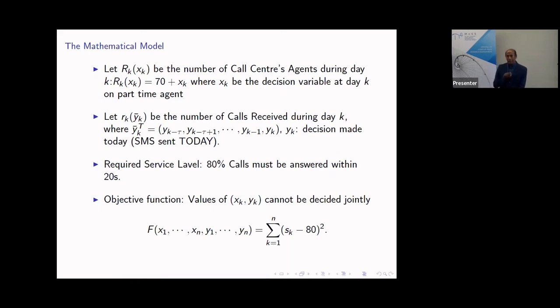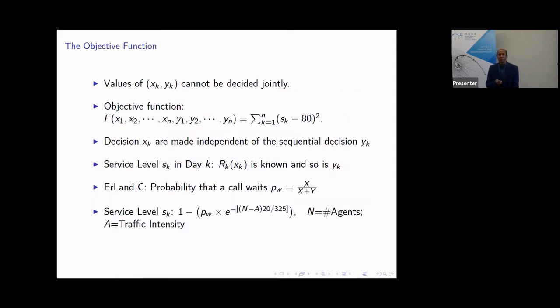Now that SK there, 80, we know it means 80% of calls have to be answered within 20 seconds. Now why do we use this 20 seconds? That brings us to what we call the Erlang formula. Erlang C is a Danish mathematician, I think he did it 100 years ago. So Erlang C is a probabilistic model he suggested.